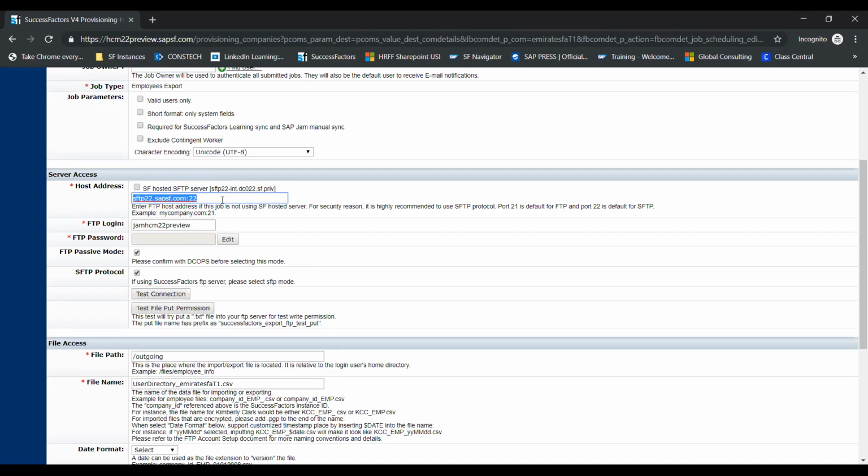This is data center 22. In my previous project, it was data center 10, sftp10.sap.com. Accordingly, whatever credentials SAP shares, you will put them here. This is a one-time activity. You don't have to do it every day. During the implementation only, you will just enable it.